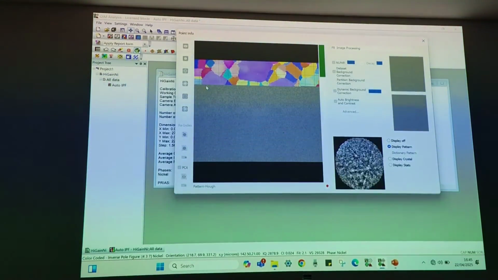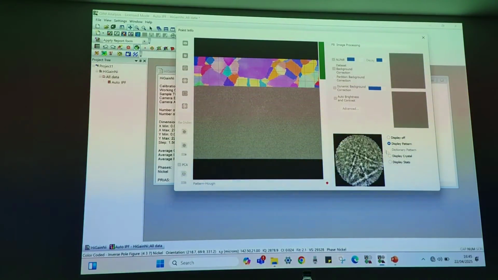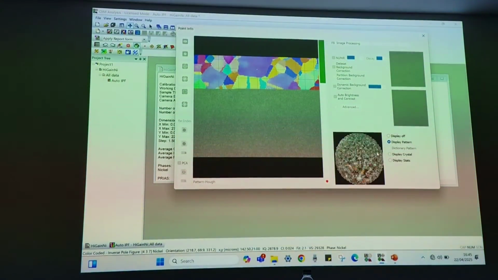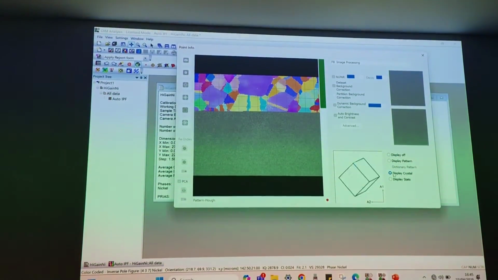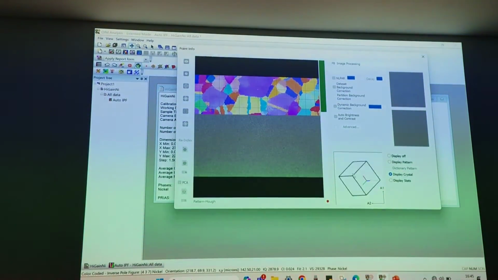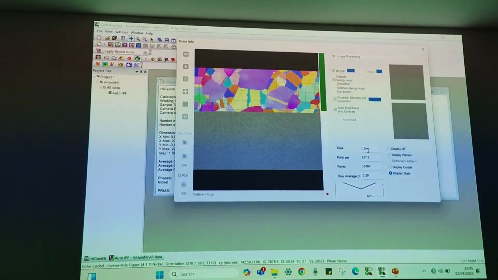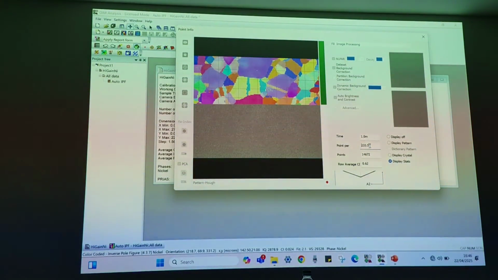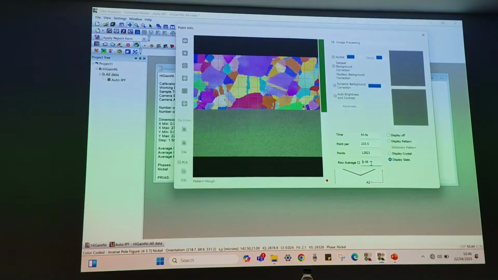Now if you see, the beam is moving from X to Y in raster fashion, and from every point it is generating one unique diffraction pattern, which is matched against the database after doing the averaging of those diffraction patterns. You can see the corresponding crystal structure, how it is changing depending upon the diffraction pattern, how the crystals are rotating. It will also show the status, like how much time is required and how many points it is capturing. Right now it's capturing around 200 points per second, out of this total number of points. The average CI value for a particular row is around 0.5 to 0.6, which is good enough.